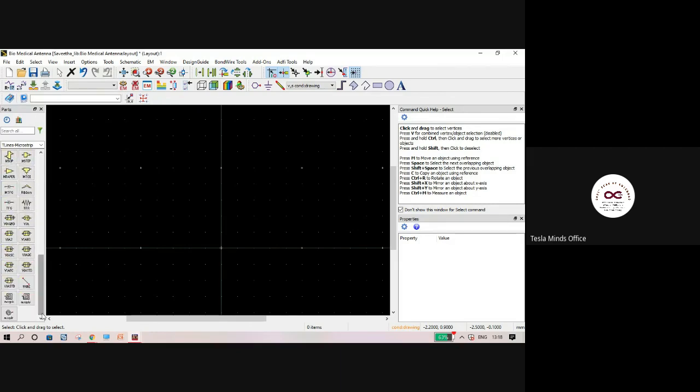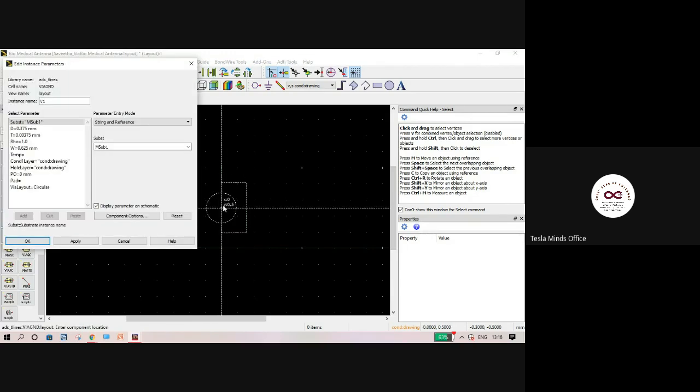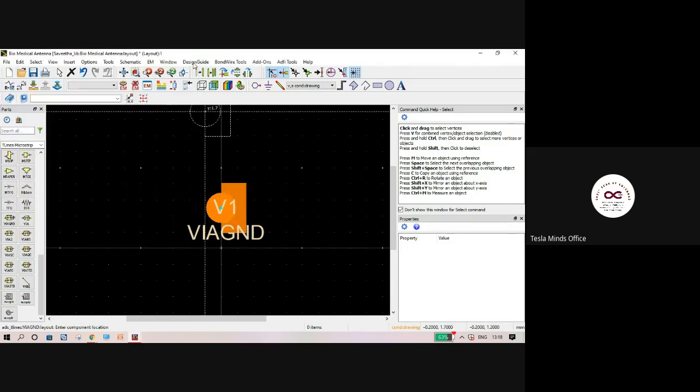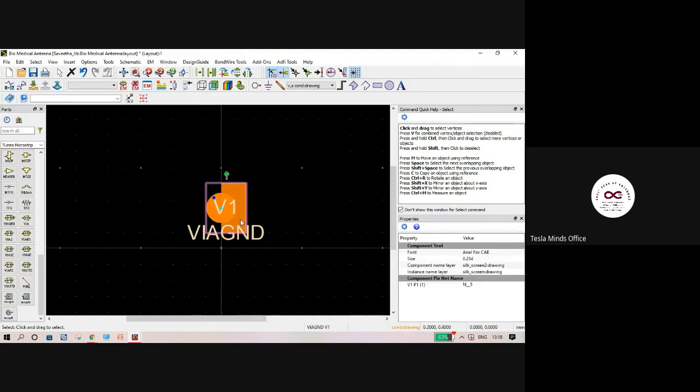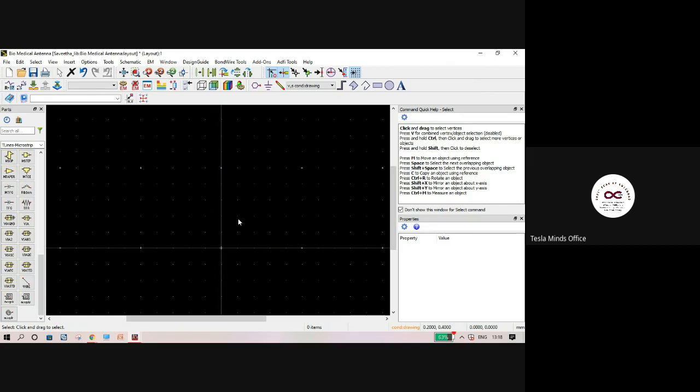You also have wire structures here for multi-layered PCB design. You can use these wire structures for the multi-layer design. There are a lot of types of wires depending upon the number of layers you have in your PCB structure. You can use different types of wires. So this is the second way of drawing.